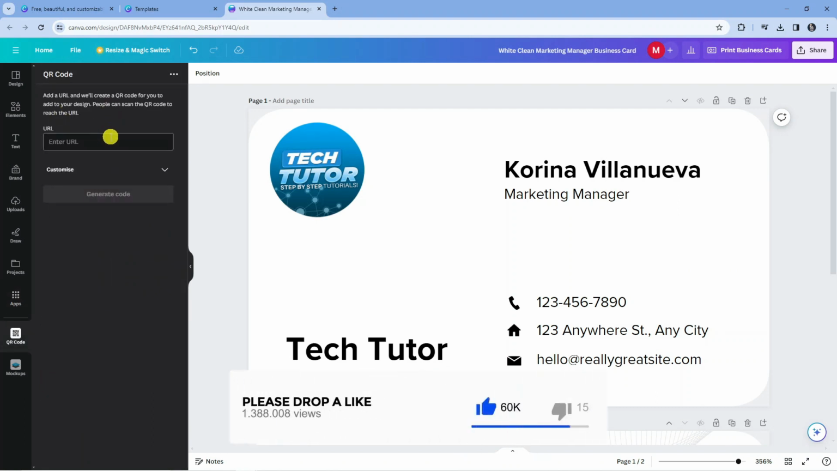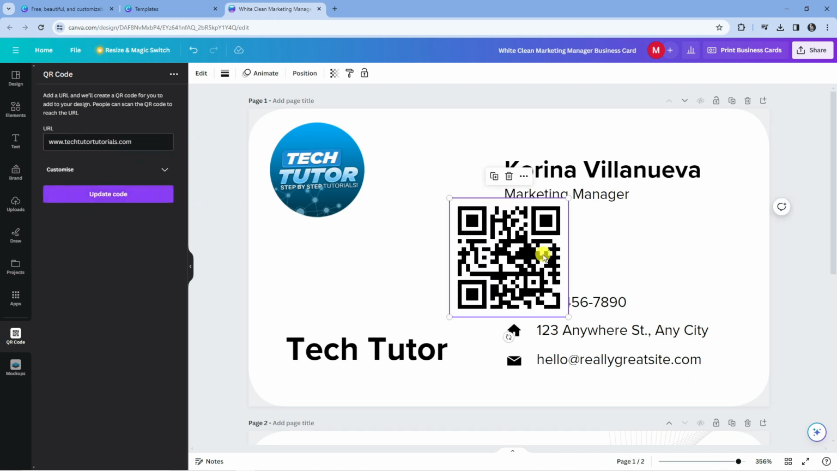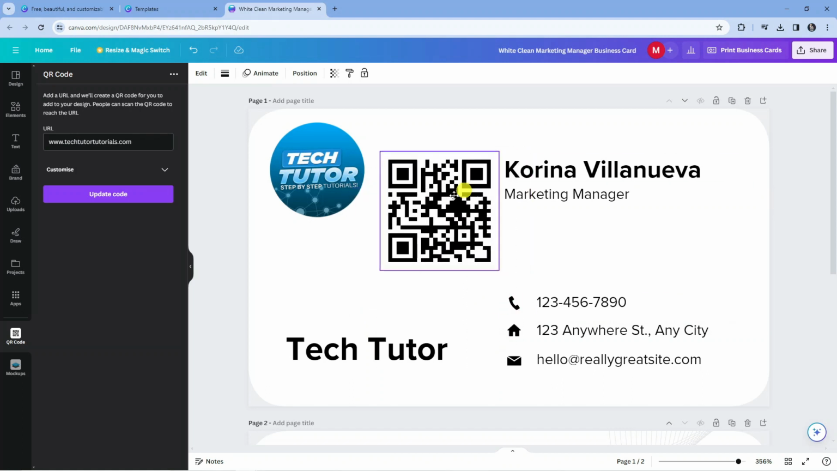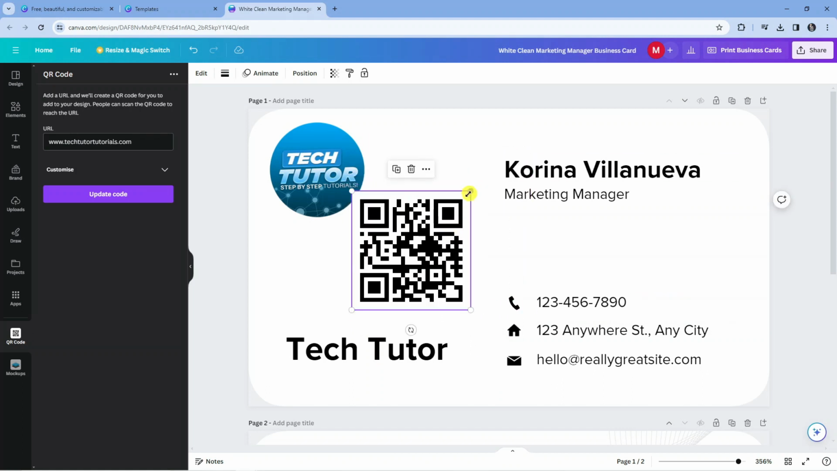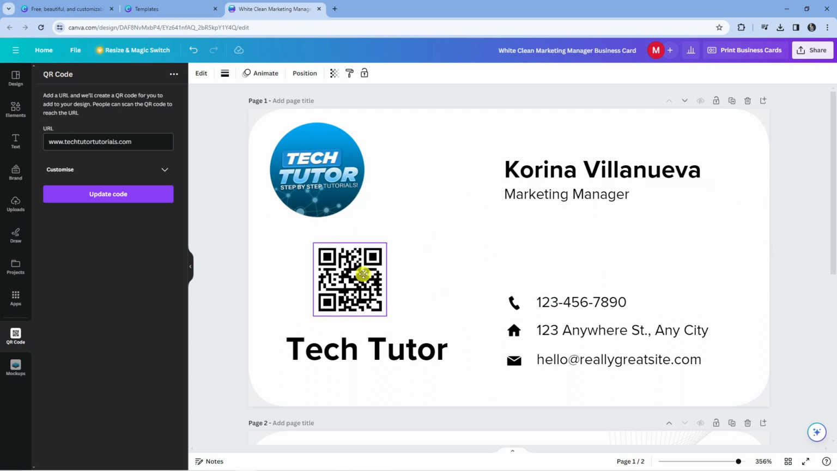That's going to take you to a window like this. Now what you're going to want to do is enter the website address that you want people to be redirected to when they scan the QR code. So in this example, I'm just going to put my website, www.techtutortutorials.com. Once that's done, just go ahead and press the purple generate code button underneath, and what it's going to do is generate your QR code straight away. So what you can do is put this any way you want on your design. You can also go ahead and resize this to your liking,